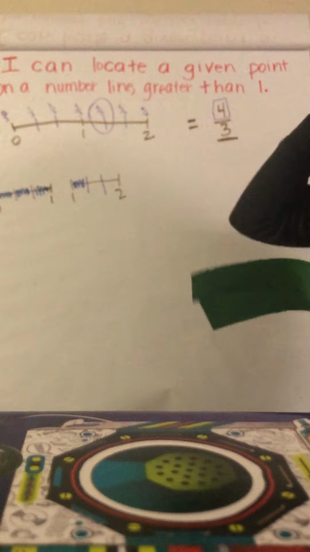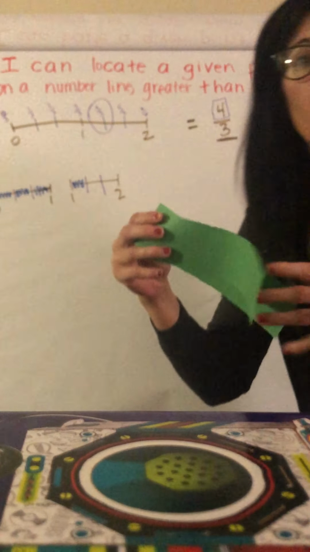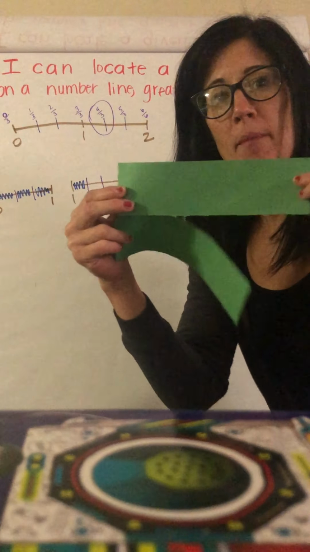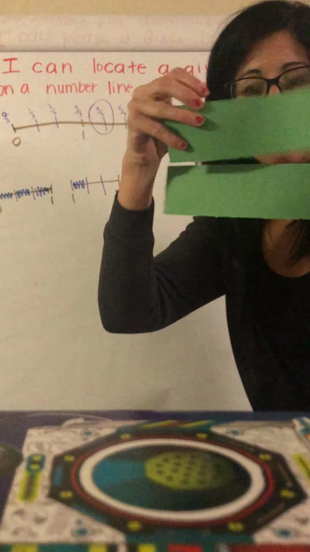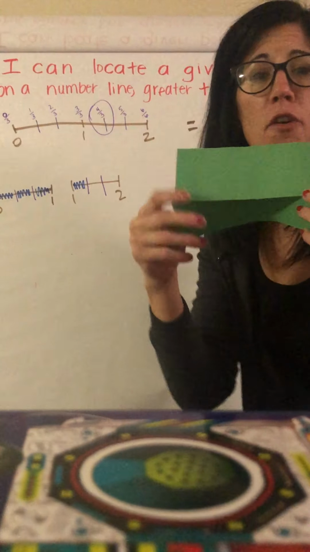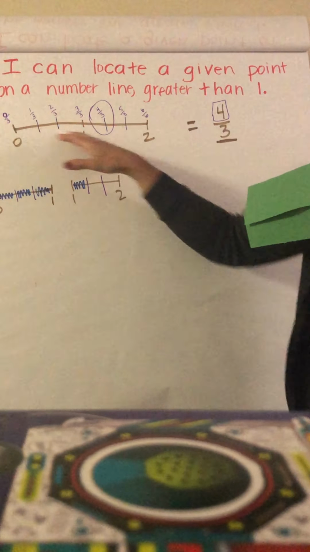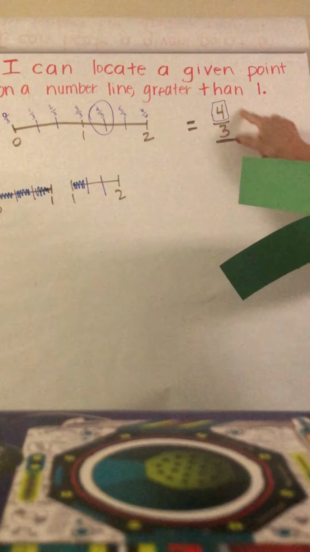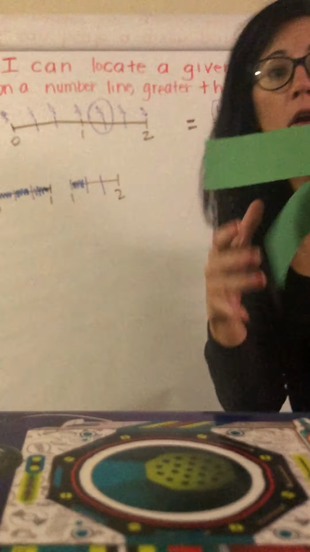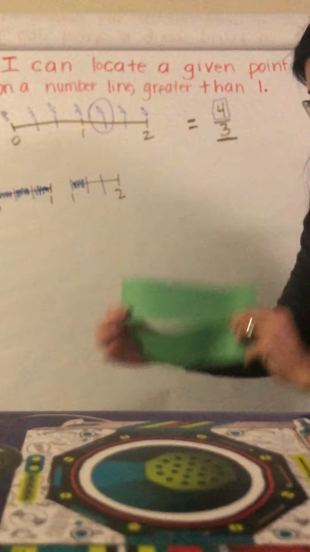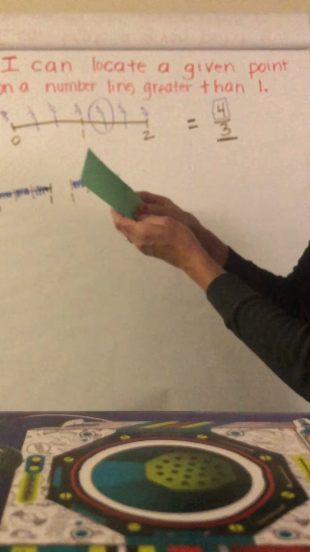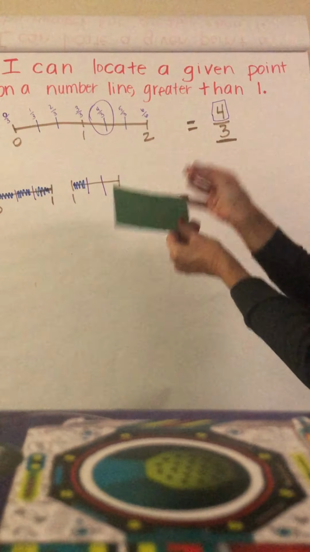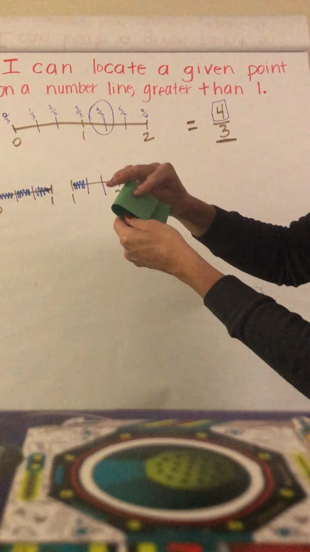Okay, if you remember, before we left school, I think everybody had been using some fraction strips. So this is just another way to look at this problem that we're trying to put on the number line. So first of all, I know that I'm dealing with thirds, 4 thirds. Okay, so first of all, I'm gonna fold my fraction strip into thirds,